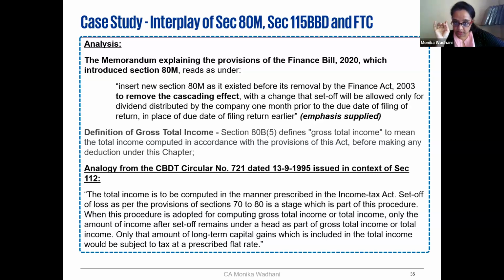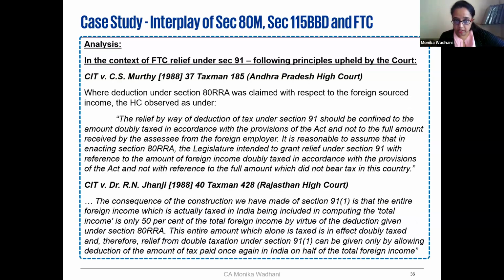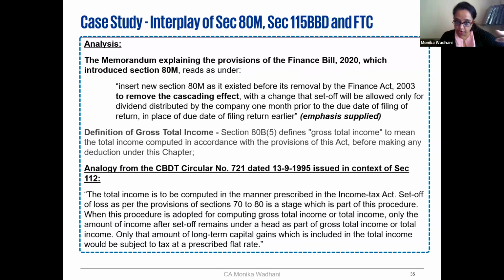So this circular for 112 explicitly says that for computation of long-term capital gains, you have to set off your losses under section 70, etc. Then you have to see what is the final amount of capital gains, which is forming part of the gross total income or total income. And then you have to apply that special rate only vis-a-vis that particular income and not the total amount of long-term capital gains. So if we draw analogy from this particular circular, this supports scenario number one, that is,